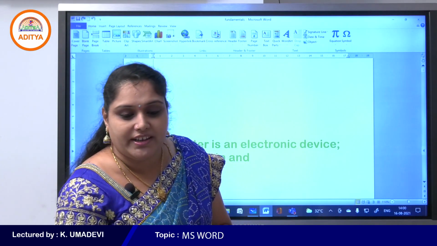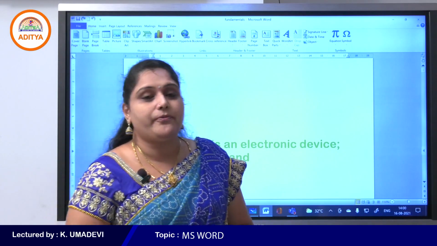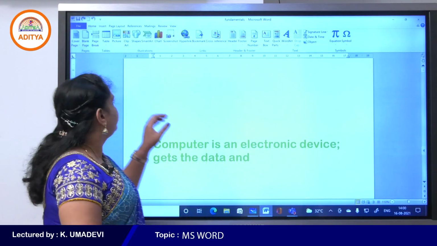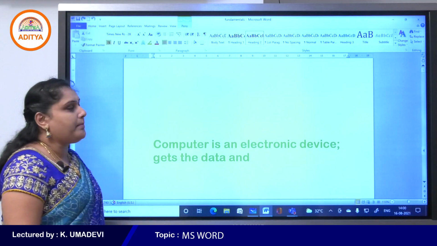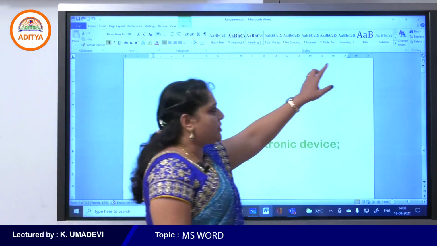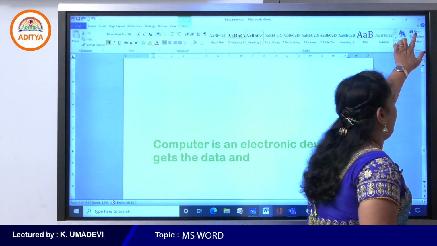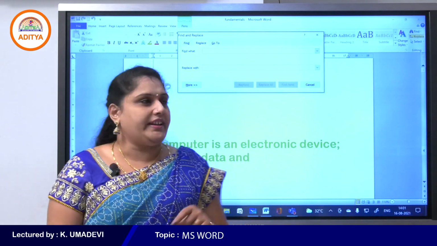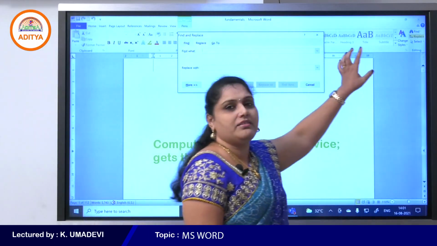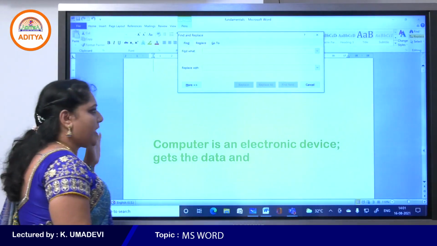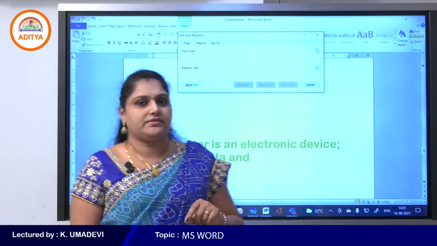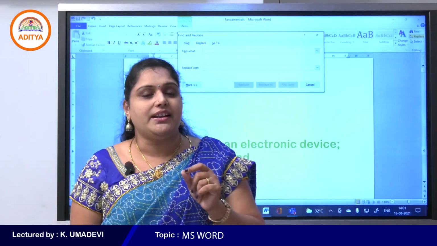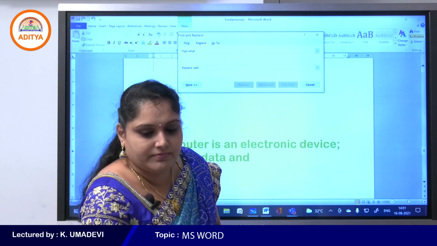Under the Home tab, you can go to the editing group and then click on replace, because when we click on the find option, the navigation pane will appear on the left side of the window, right? Now what is the shortcut key to open the find and replace dialog box, students?